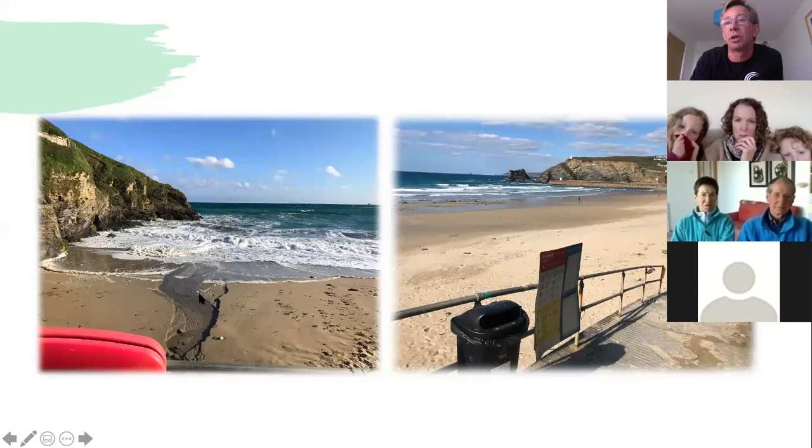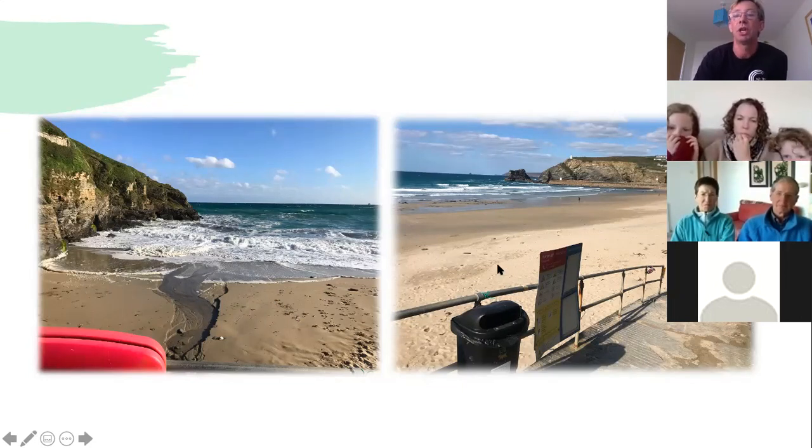I then went for a walk later on, mid-afternoon, and you can see this is a picture I took in the afternoon. And so you can see there's a massive difference in that location from high tide to low tide. And I have to say, this wasn't even high tide. This was about an hour and a half after high tide, and this wasn't quite low tide. So it can have quite a big effect on where we're going to.